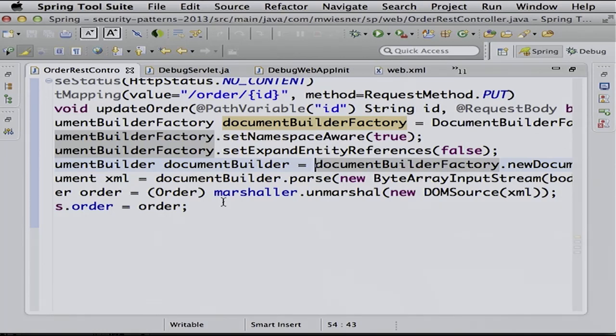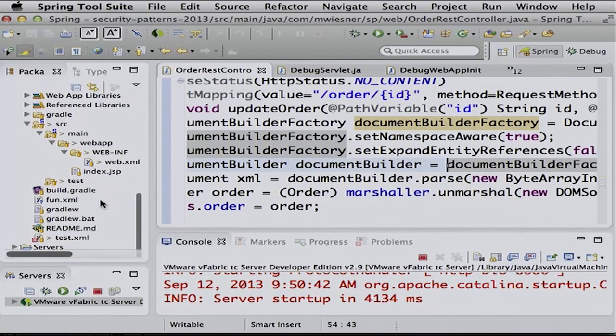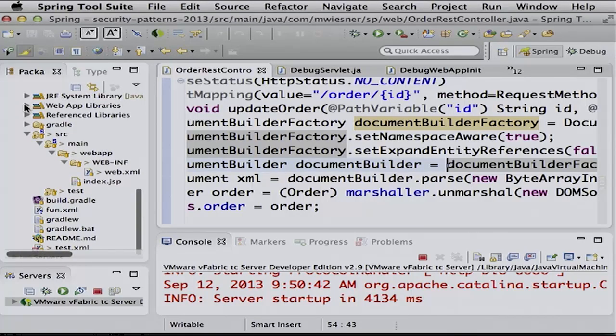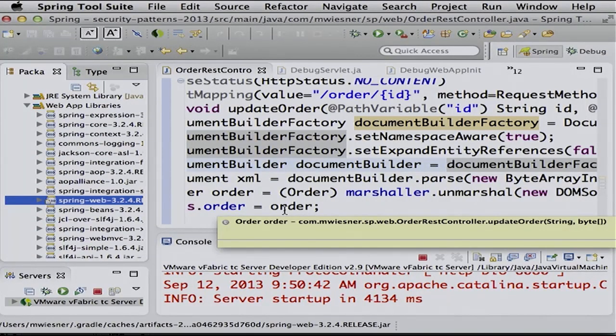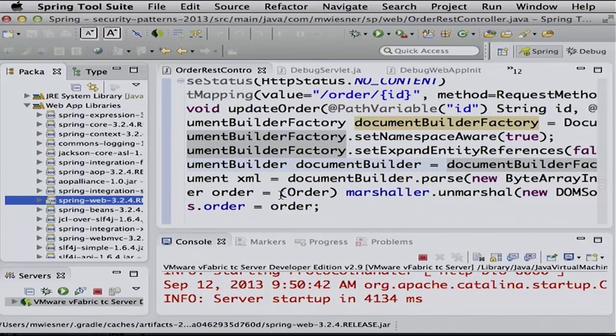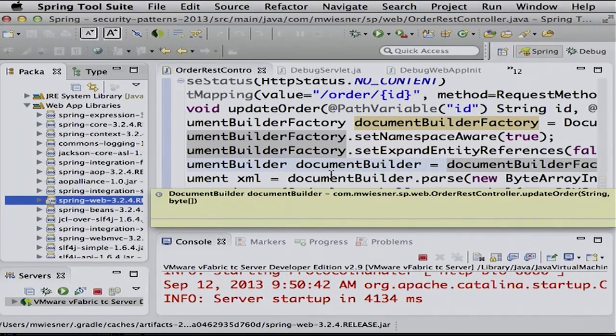Okay, here comes the interesting point. Question: what if you had the second one I showed you before, where we just have the order as an argument and Spring will do everything for you? Well, I tell you, you really should check your libraries, and you should make sure that you have 3.2.4 in it. Not 3.2.3 or anything below it. 3.2.4 is the way to go. Okay? Do that now.